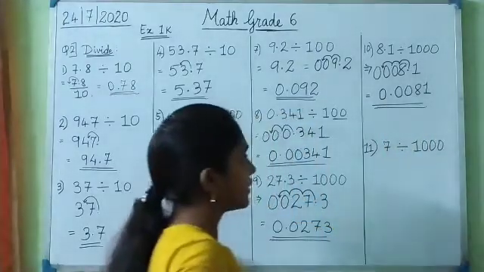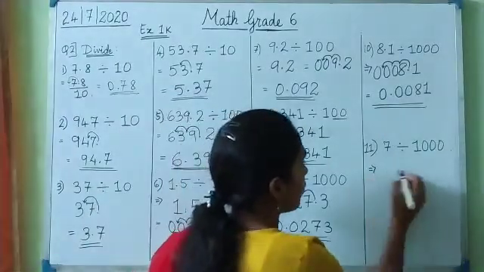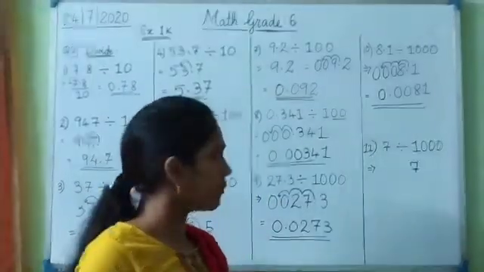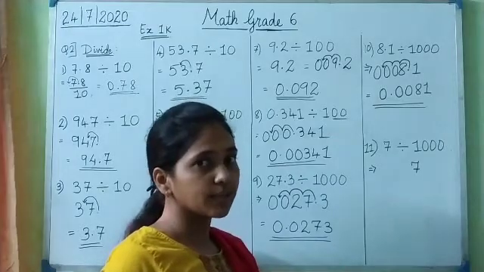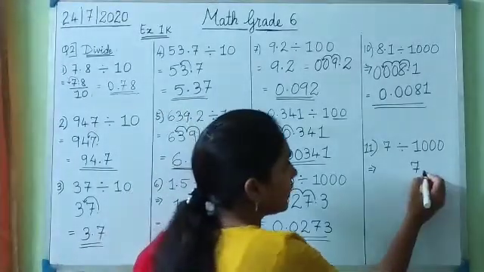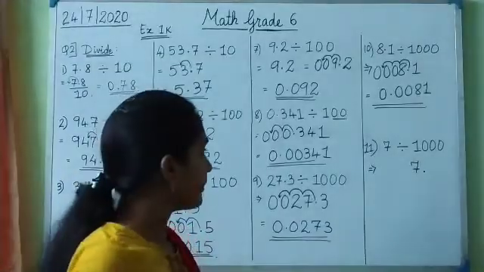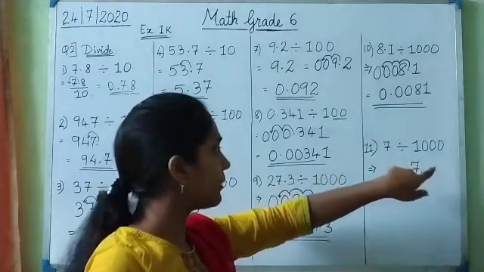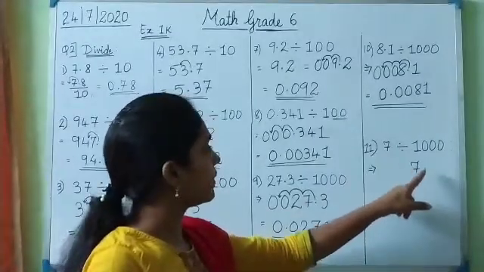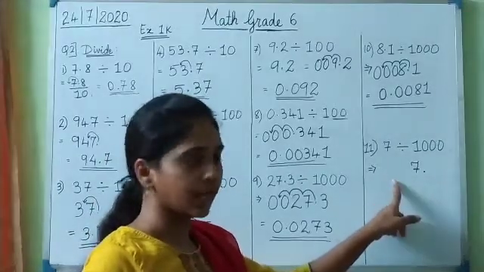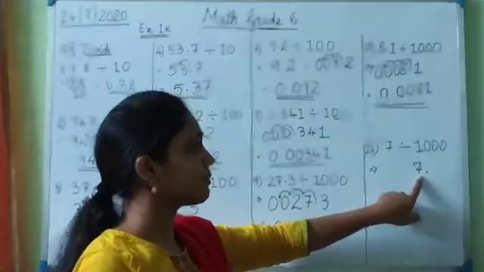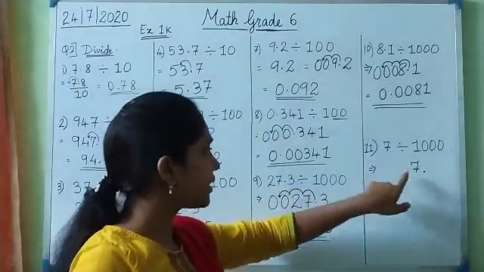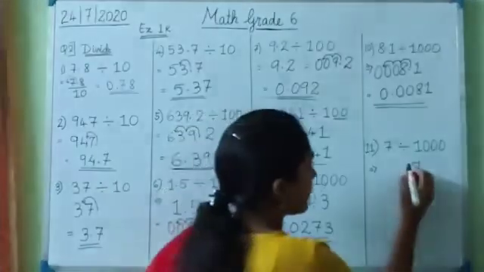So now the 11th, the last one, the number is 7. Okay. 7. Now, if a number does not have a decimal point, where is its decimal point? At the end, right? So the decimal point is here. Now I have to divide this number 7 by 1000. So by how many digits do we have to shift the decimal point towards the left? 3 times, 3 digits, okay? But here, before the decimal point, there is only 1 digit. So here also, like I did in the previous sum, I will add 3 zeros before 7. So this becomes